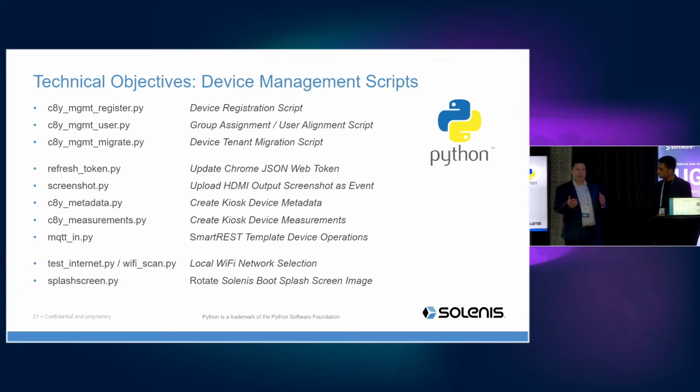So this is aligning the group assignment of the device in Cumulocity through device manager that you might set with the user. So we're using both the device credentials as the back-end device authentication as well as the front-end user authentication for displaying the cockpit dashboard. And what we've done is we've aligned that so that when the group assignment is set, we run the user script, and then it updates the user role as well as the inventory assignment so that we're able to match those up. So effectively, this device would be registered to one of our customer sites within a specific tenant,